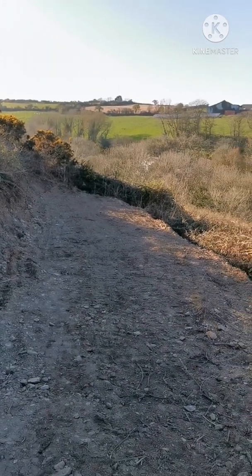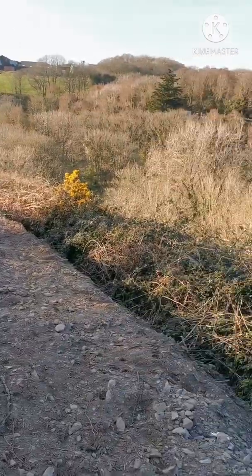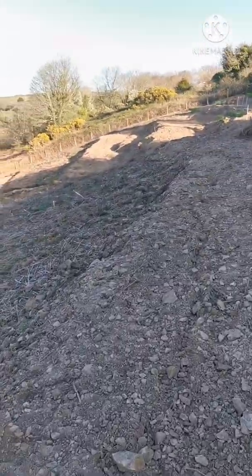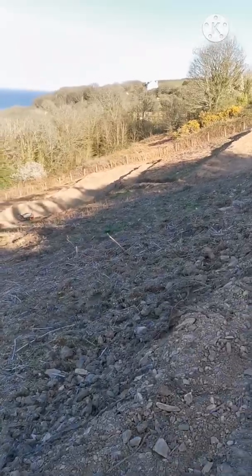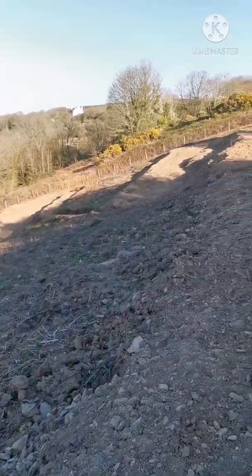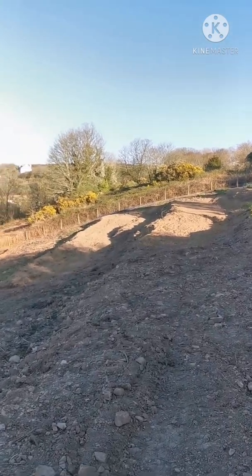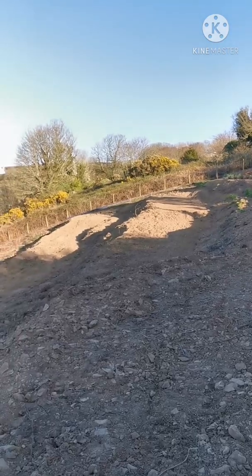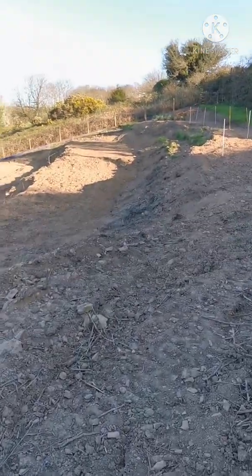Just give us a good 40 or 50 feet here, so we'll have quite a decent amount of growing space. I've put in sweet chestnuts, cob nuts, walnuts, all those different fruit trees. Down the far end over there is a line of sea buckthorn, which should hopefully put on a decent amount of growth and start providing a windbreak from